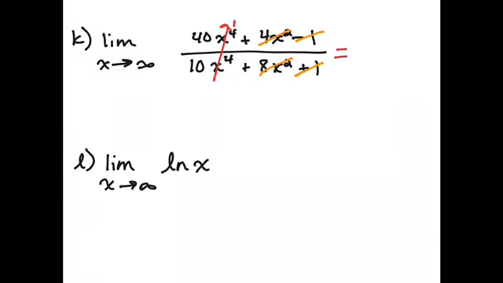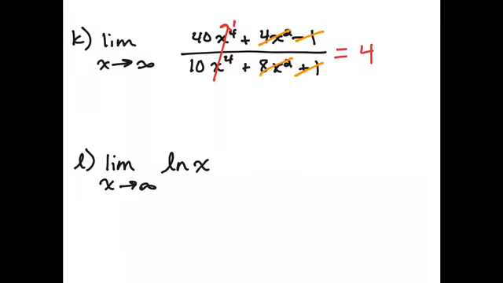What's the answer here? 4. I would understand that. Everything's simplified because it's going to infinity, and so those other terms were insignificant. And once I simplified it, there's no x to plug into, so I can go straight to the ratio of the